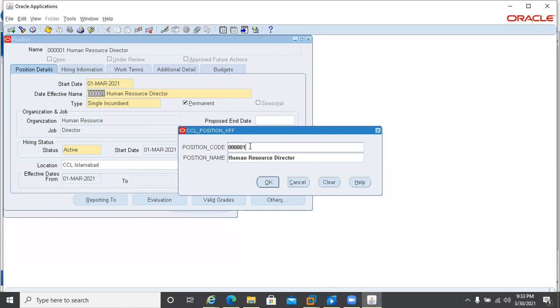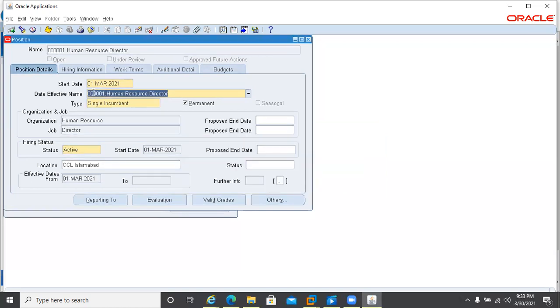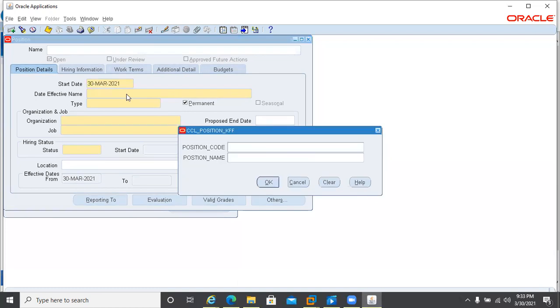I told you that when we are creating this position code, what will happen is that when you click on the new button, for example, and I click on this field here, 00002 will come automatically.